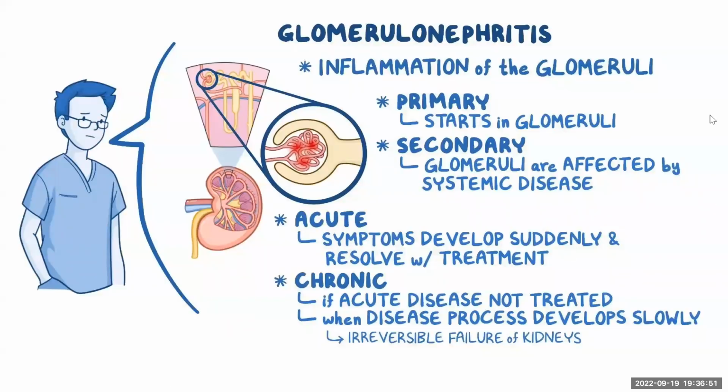Next, see how it is affected. Inflammation of the glomerulus is mainly divided into primary as well as secondary. Primary glomerulonephritis means it starts in the glomerulus itself, whereas in secondary, the glomeruli are affected by systemic diseases,